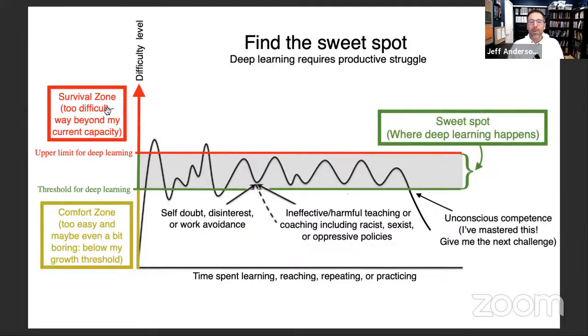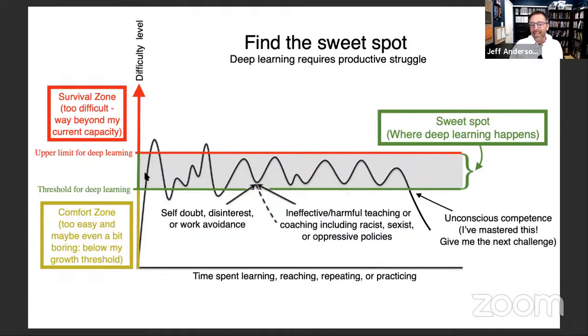We're going to break up the difficulty level into zones. We're going to say that very, very easy tasks, we're going to call that the comfort zone. I put that in yellow, as in like, ooh, if I'm looking for deep learning, slow down. This is not the way to develop deep learning. So easy tasks that I already know how to do or that I'm very good at, like sitting in this chair, it's easy for me. It's not easy for a 9-month-old baby, let me tell you. This is a swivel chair. So that would be a 9-month-old baby sitting in this chair. They might be in their sweet spot. Me sitting in this chair, super easy. I've done this 1,000 times, right? So that's in my comfort zone.